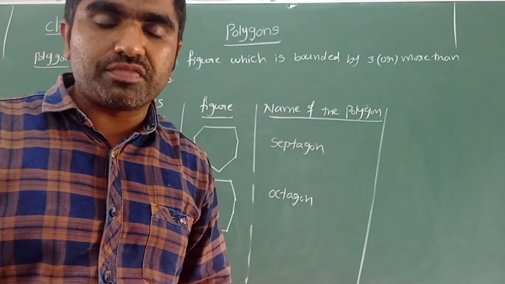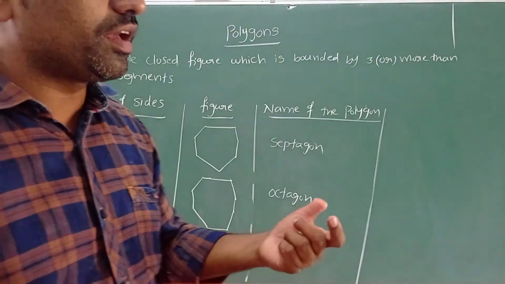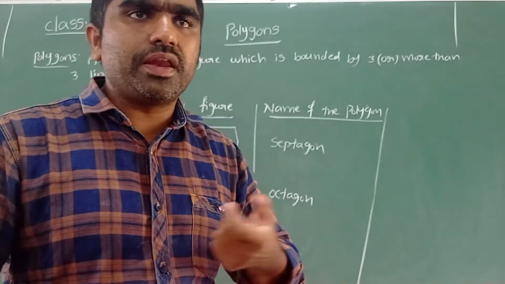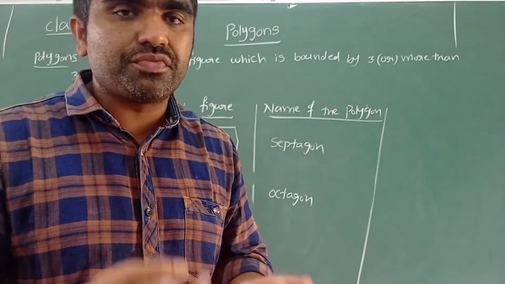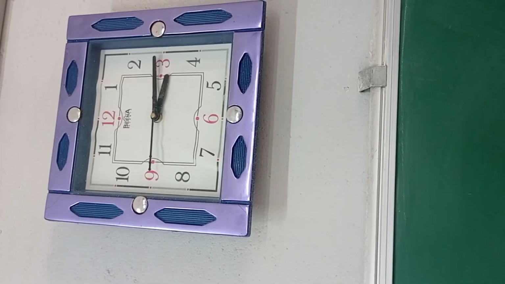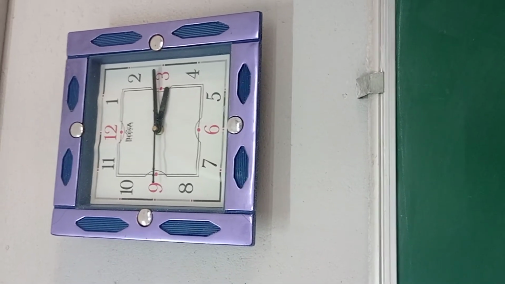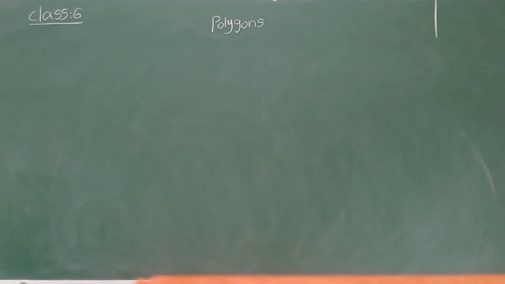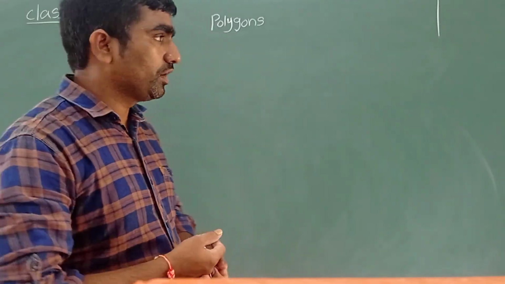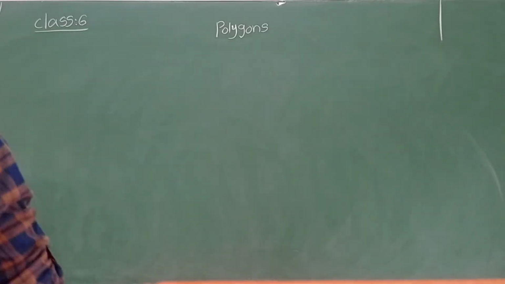Now these polygons we can see in real life, like a door, windows, tiles, many objects which are in the shape of polygons. For example, you can see that window frame which is in rectangular shape, those iron grills which are in rectangular shape. On top of that, the wall clock is a 4 sided polygon. So like that we can find many objects in our daily life which are in polygon shapes, right? Okay children, now let's see further.